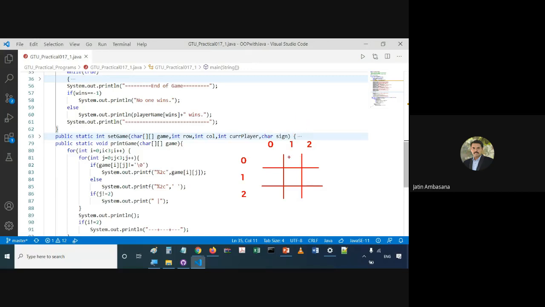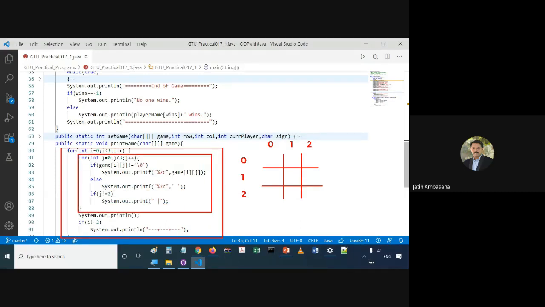So what do we do? How do we print? We first take this row, so row number remains steady. In the outer for loop, the i remains steady, and then the inner for loop runs. The outer for loop starts, and inside that there is the inner for loop which starts from 0 to 2.